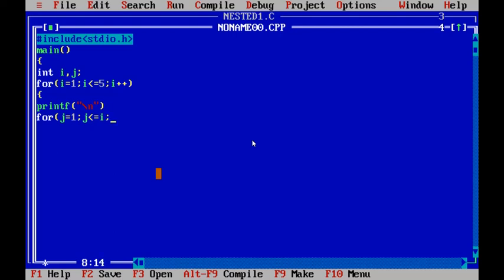Here we are not using the constant, we are using the variable in this conditional expression. j plus plus, this is incrementing. In this inner for loop we are going to print the value percentage d double quotes comma j. This is the program. Now we'll see the output.